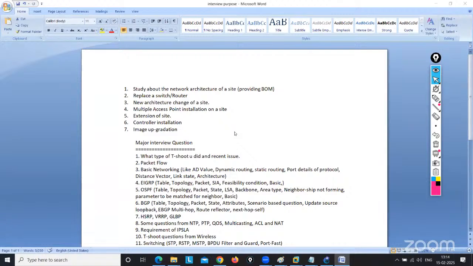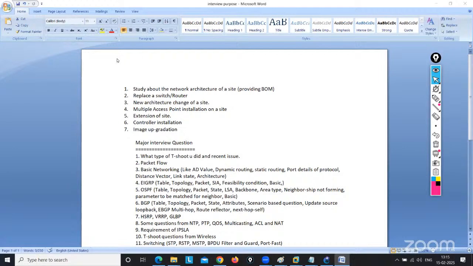Exactly. Yes or no? So this is the reason in every class I need to highlight some interview questions. Suppose EIGRP will be over, then there will be a 1 hour session for the interview. Then after my class, when everything is over, 2 classes, 2 hours each, that is 4 hours for the interview session. That will be my last. Okay, sir. Okay, that makes sense.